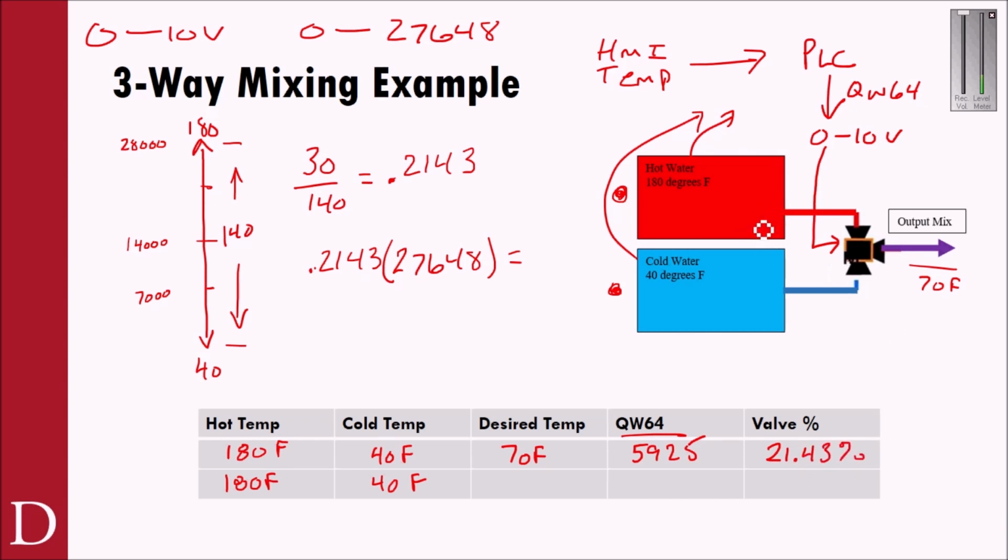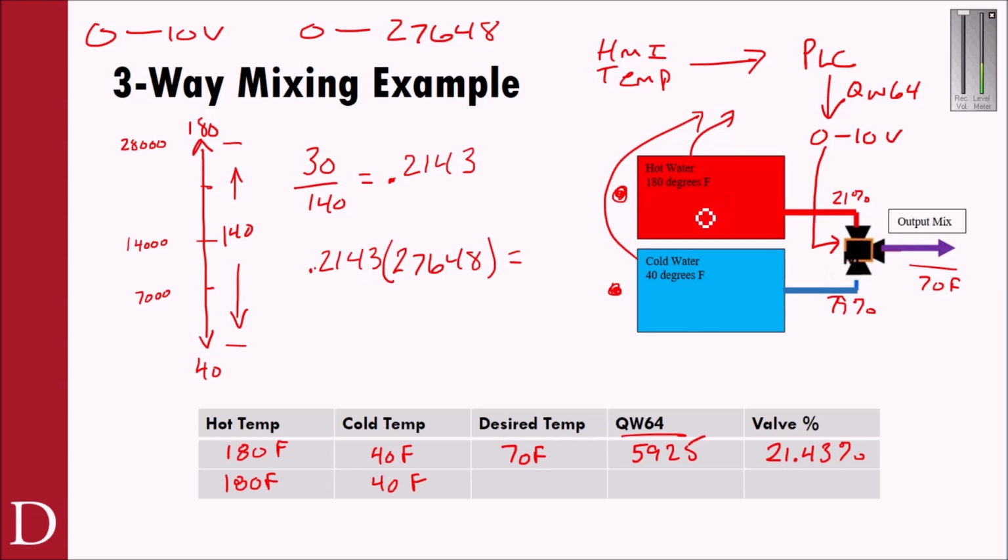So what that means is that 21.43, that means that I have 21% hot water and I have 79% cold water. Well, does that make sense? Absolutely it does. 70 degrees is a lot closer to the cold water value than it is to the hot